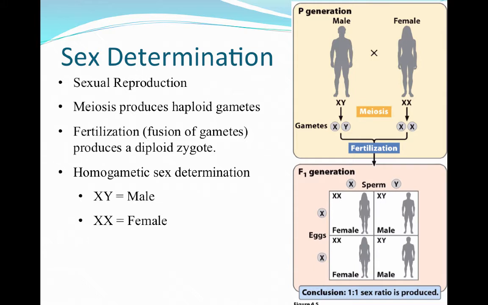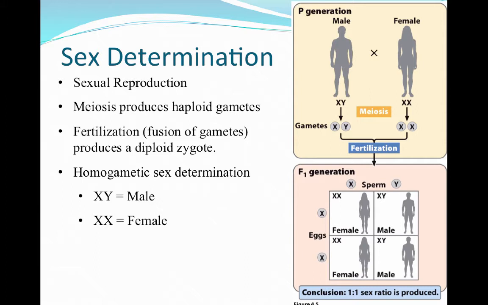In Chapter 4, we're going to talk a lot about sex determination. We'll start with humans, because everybody's the most familiar with this. This is going to be in most mammal species. Sex is determined based on the sexual reproductive process. Keep in mind, meiosis is what's going to produce haploid gametes, and then fertilization of those gametes is going to produce a diploid zygote. From that, the sex of the new individual is going to be determined by